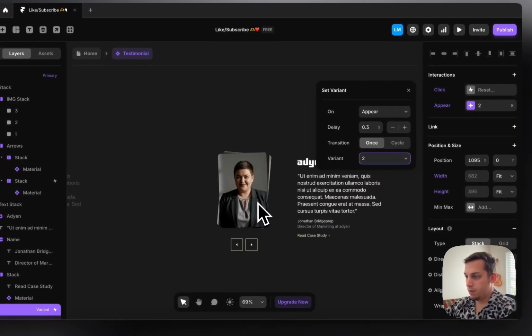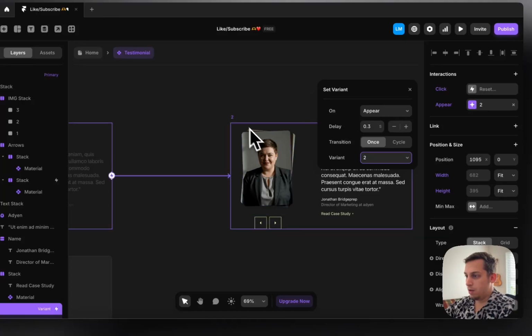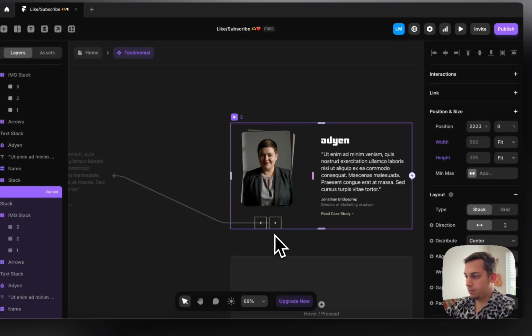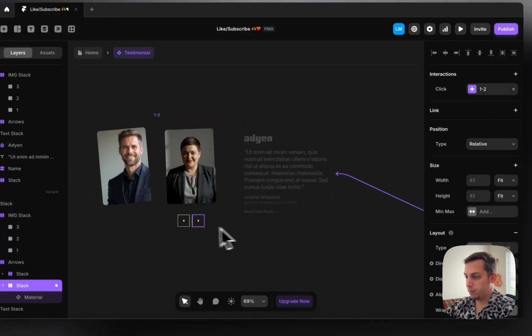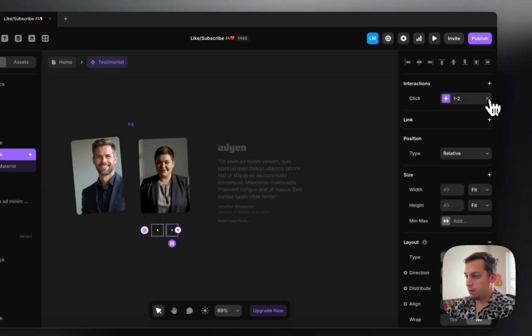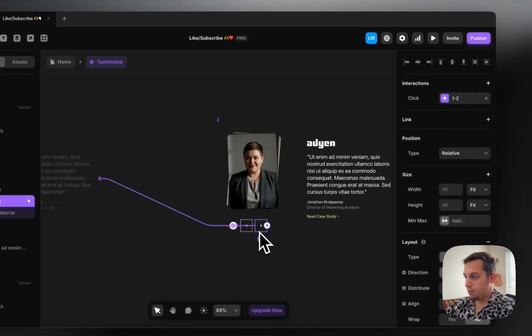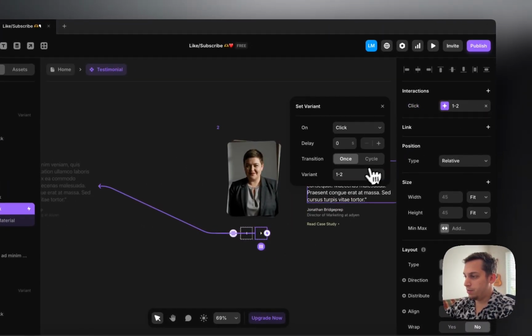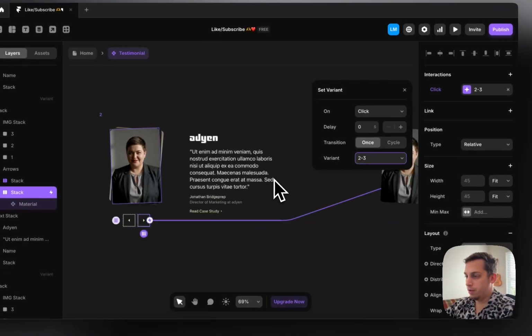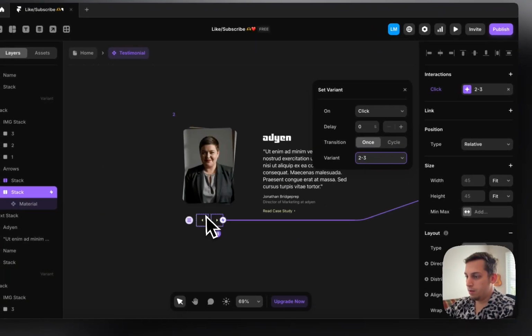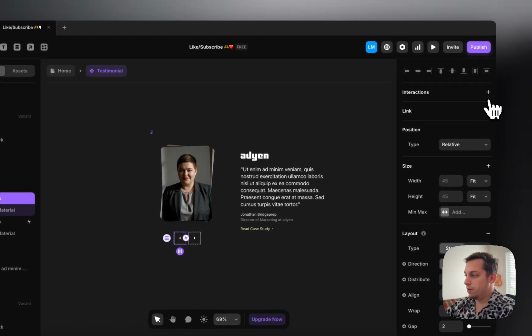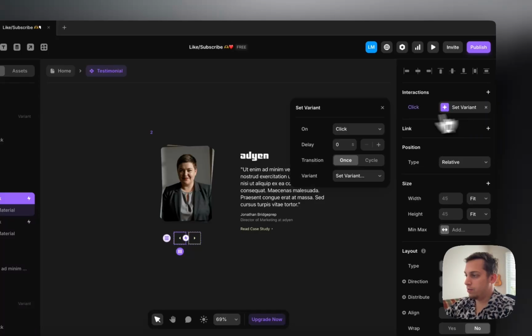There we go. And then on variant 2, for this one, actually for this one we need to delete this. And for this one, we set it to 2 to 3. And if we go here, we set this transition to on click, set this to,